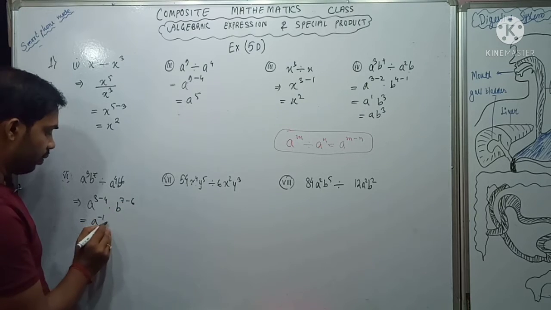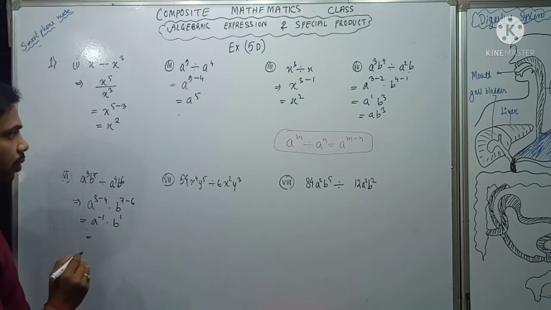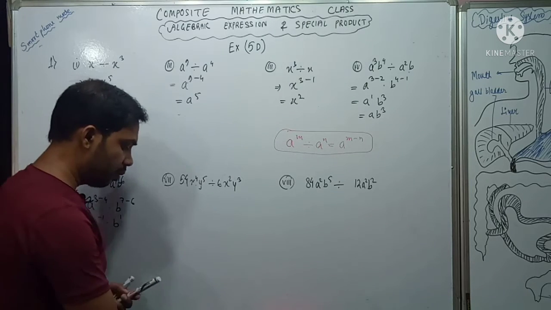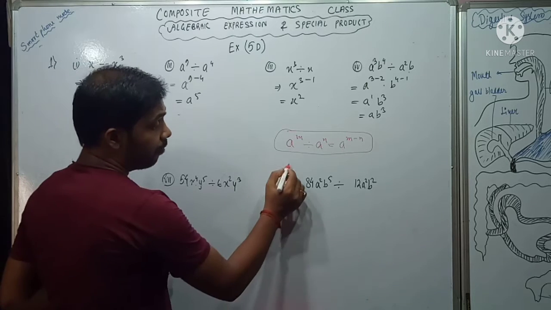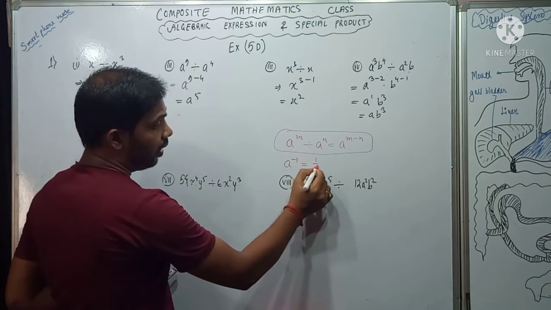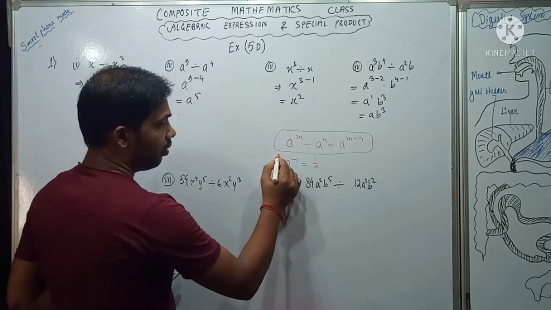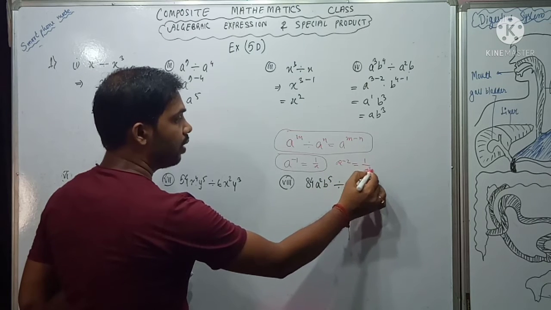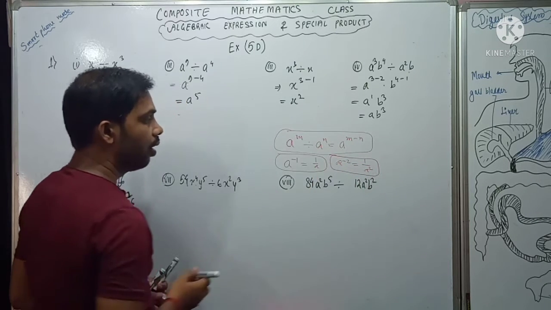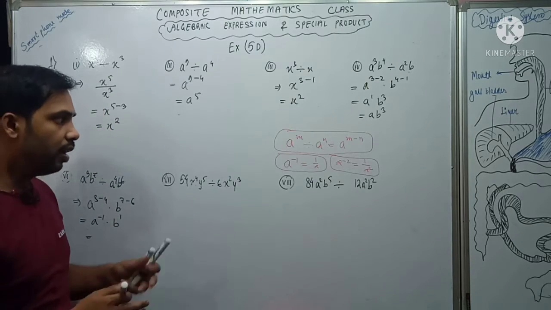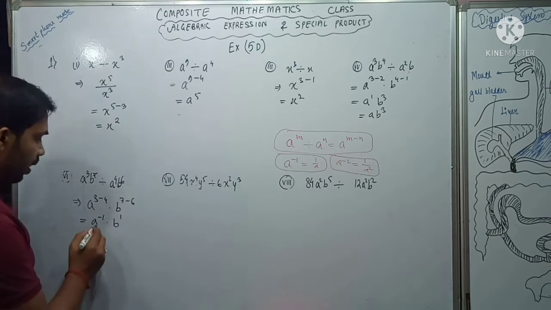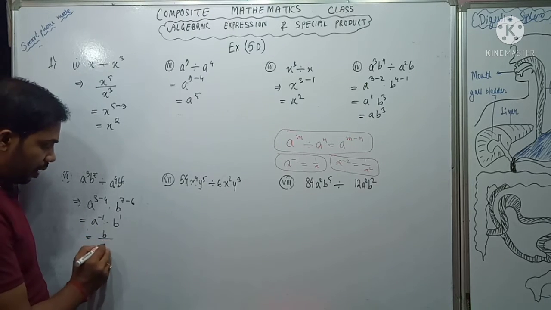Now it is a power minus 1 into b power 7 minus 6 is 1. So you see minus 1, that means it will be reciprocal. Minus 1 means reciprocal. See another formula is there. You remember this formula, all exponents formulas will be used here. So you see a power minus 1, we can write 1 by a. Yes. So this is the formula. Similarly, a power minus 2 can be written as 1 by a square. This is also a formula. In this way, a power minus 3, a power minus 4, you can do reciprocal and write the formula. So this one you see, we will do reciprocal, so it will be b by a.